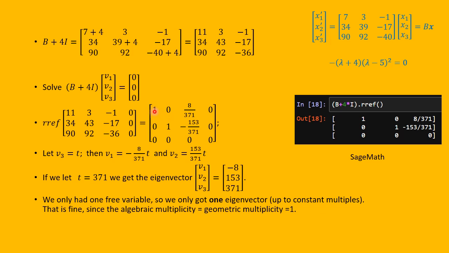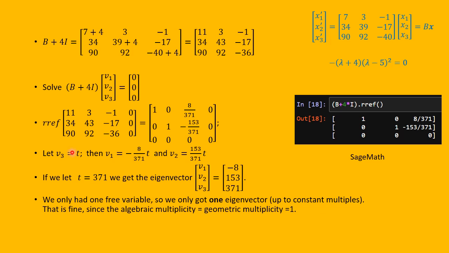So we look at this, and v1 is going to be a leading variable, v2 is going to be a leading variable, and v sub 3 is going to be a free variable. So let's let that free variable v sub 3 equal t, and then solving v1 plus 8 over 371 v3 equals 0, we get that v1 is this. Similarly, solving this equation for v2 in terms of v3 gives us v sub 2 is 153 over 371 times t. Okay, so t can be anything, as long as it's not 0, and we will get a non-zero eigenvector corresponding to